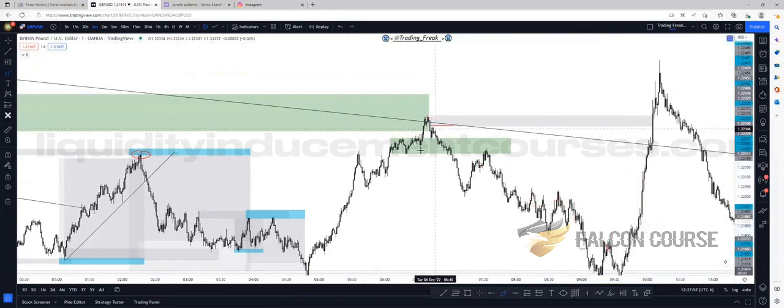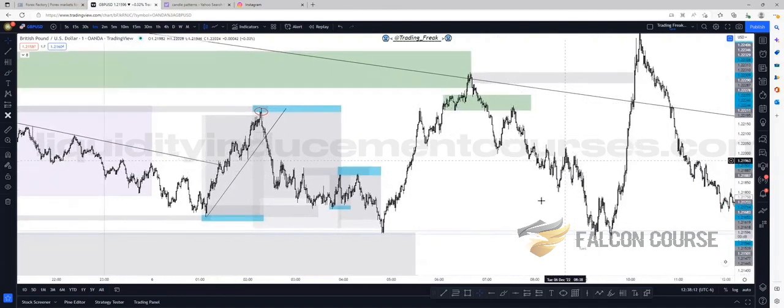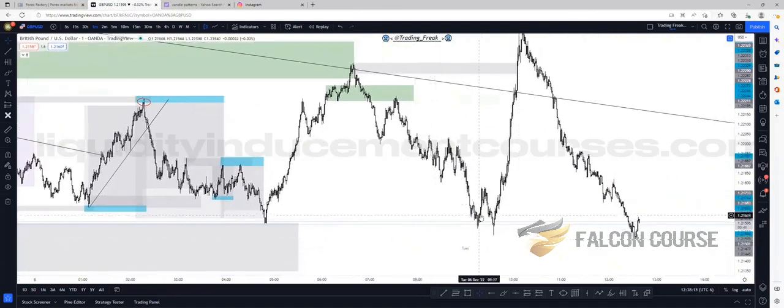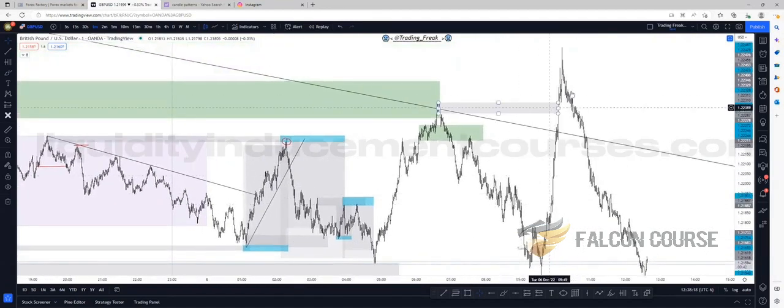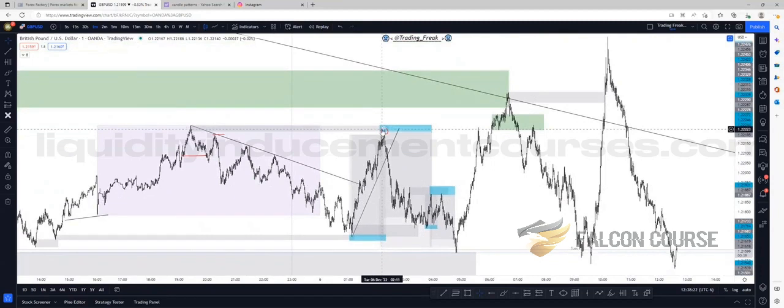But this breaker block played out, and it made the move. Something I'm gonna back test and see how we could have maybe gotten into that trade. But other than that, I just want to stick to the rules. GU was very sloppy to me, at least. What trades did you end up taking?